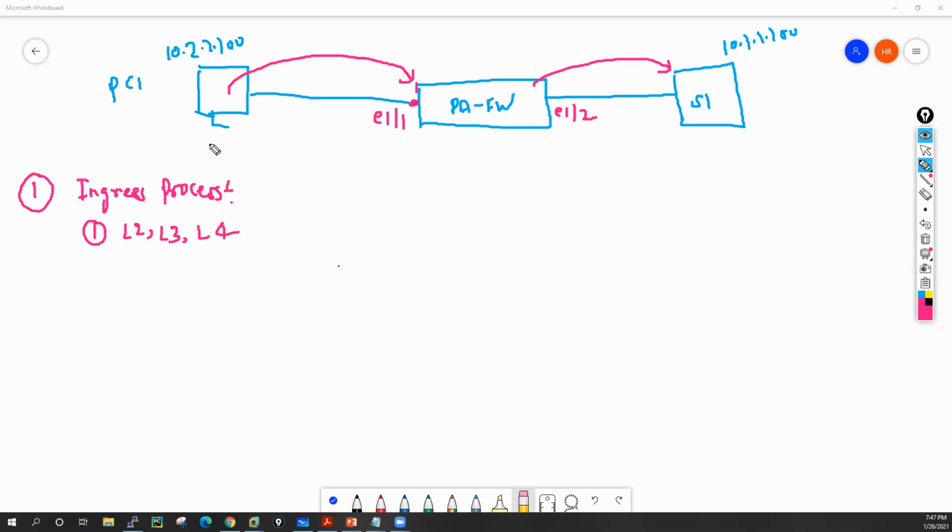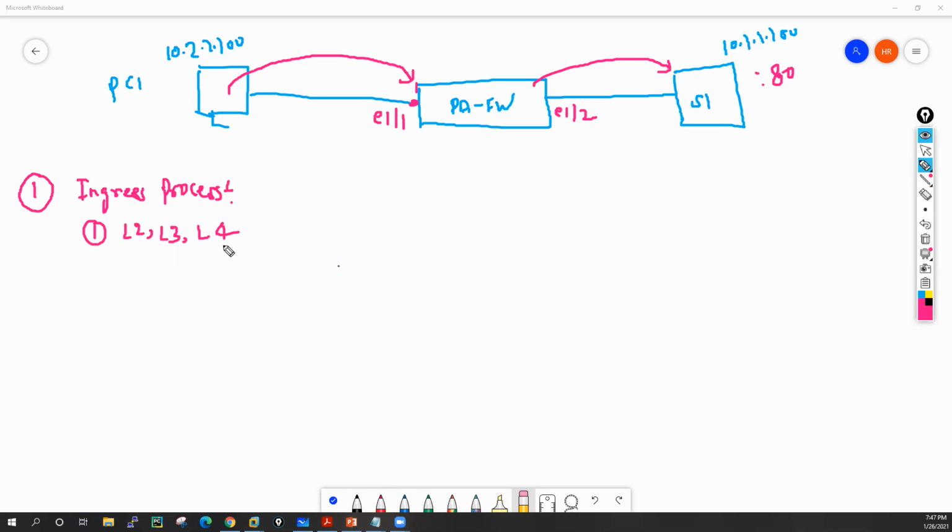Layer 2 information means it will extract the source MAC address and destination MAC address. Layer 3 information means it will extract the source IP address and destination IP address. Layer 4 information means the protocol number. Let's suppose we have hosted a web server here, so it will get the source port, which is random, and the web server port number, which is 80.